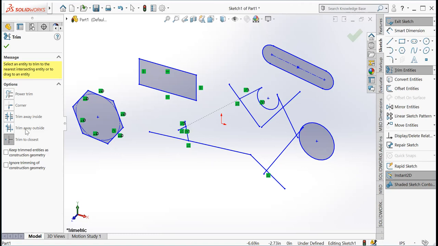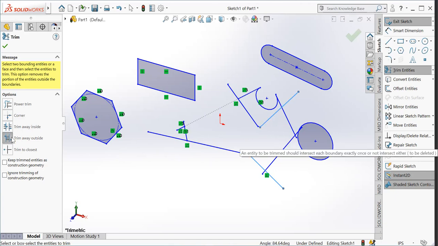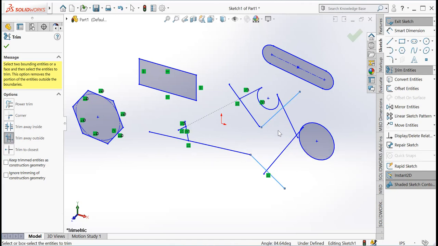Next, trim away outside. I will click on this command and I will click on this. By this command what we can do, we can select these two lines. This one line and this line. Sorry, I'm clicking on this again.